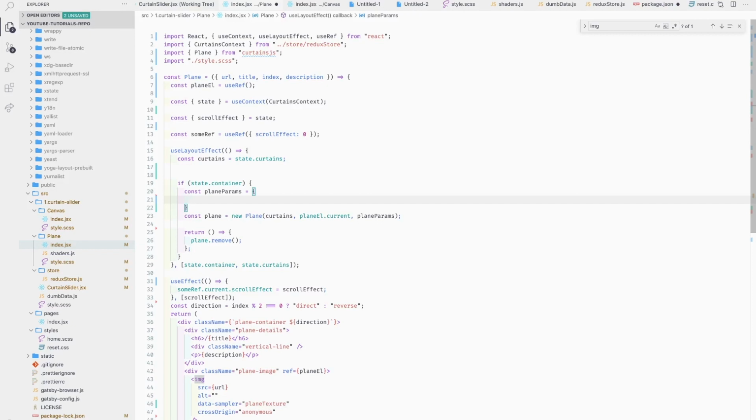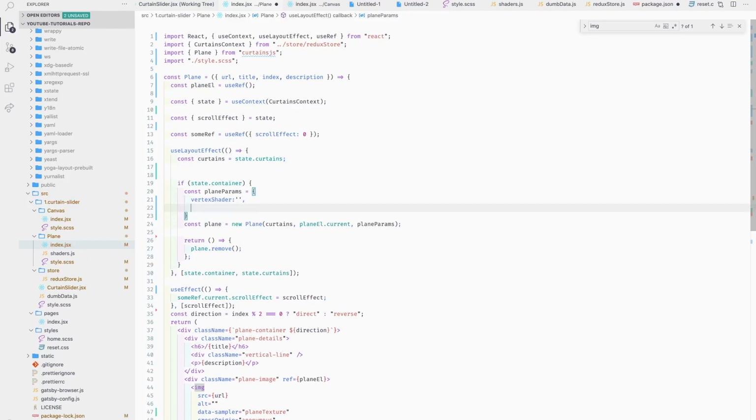So in WebGL, for a plane to be rendered we need to have the vertex shader and the fragment shader for the graphics. So we will need to pass the vertex shader. For now I'll leave it like this. Then a fragment shader,